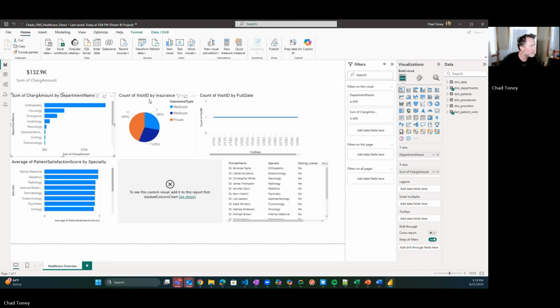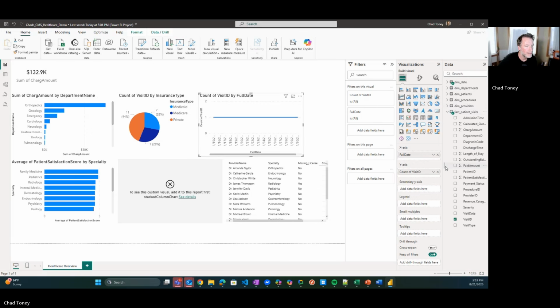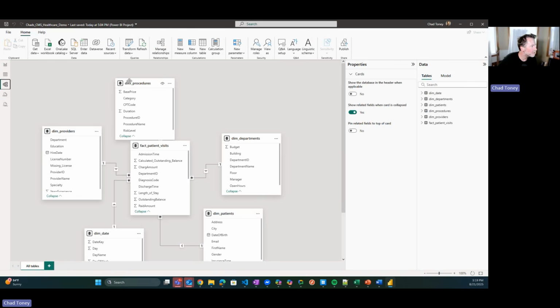Maybe count of visits. That should be by visit date. What is full date? Oh, that's from the. Let's see what relationship it used for